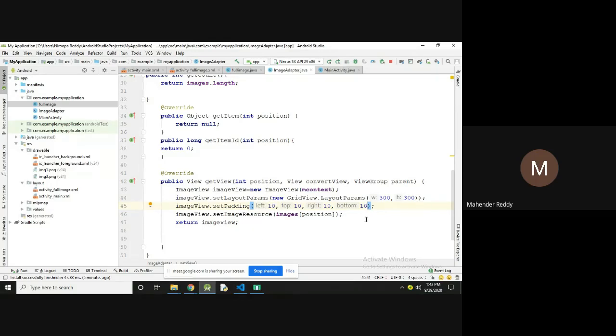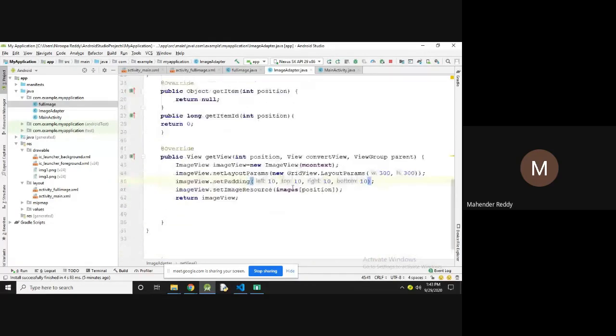Okay, if you give the same, then it will fit into the square shape. And image view dot set image resource, images are available in the images position. So this is an images integer, and the position defines the index number of the image. Okay, now return image view, then that image is going to be displayed.